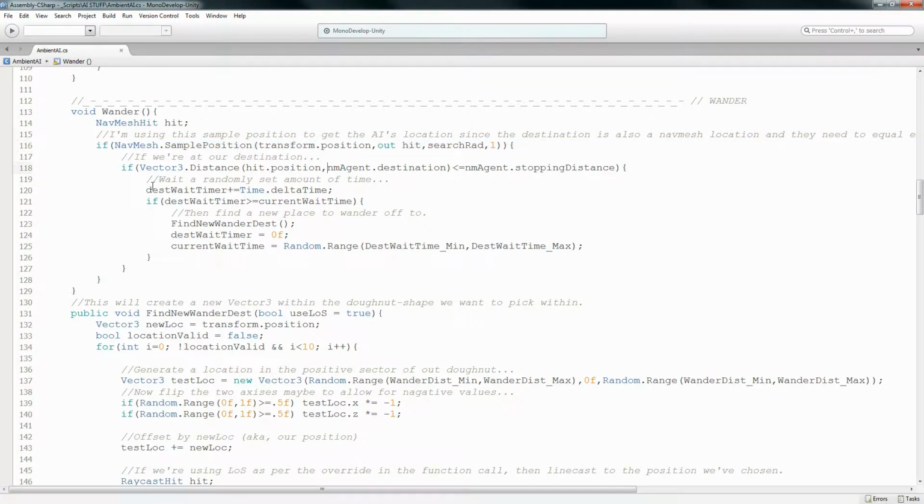If we are, then we're going to want to set our destination wait timer to increment up. We're going to increment that by delta time, the change in time. And if our destination wait timer is more than our current wait time, then we're going to want to find a new location and then reset the timer and then set our current wait time to a random value between the two ranges that we set up top. So effectively what's happening here is find out where we are, check that position's distance to the destination and see if it's within our stopping radius. And if it is, then start waiting